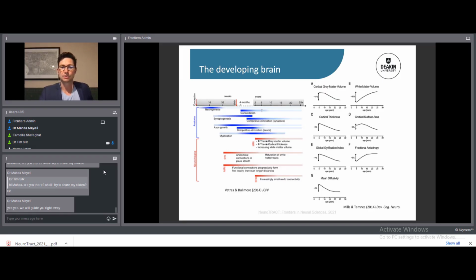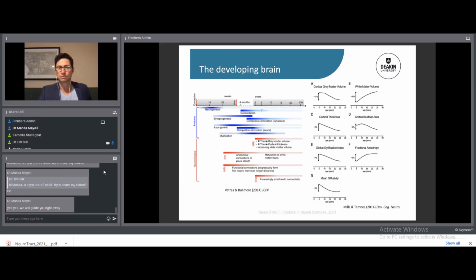And as those networks are becoming more wired, they become more myelinated as well. And so across a range of imaging techniques, if you're looking at structure, looking at the white matter and function, as well as other techniques such as EEG, we can get a sense of how the brain is changing across development. However, because there are so many different changes, there are a number of different trajectories that different parts of the